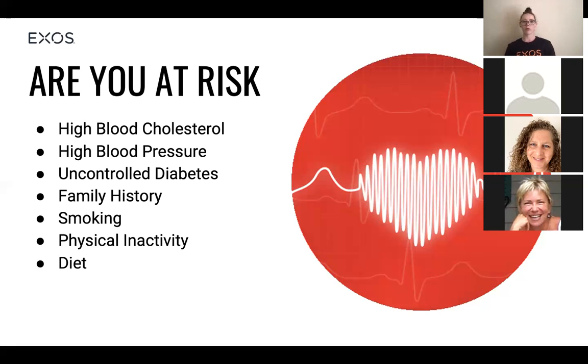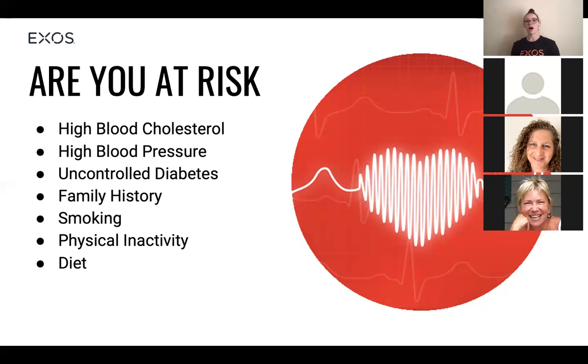A normal blood pressure is below 120 for the systolic and below 80 for the diastolic. This is all measured in millimeters of mercury, which is pressure. Stage 1 hypertension is between 130 and 139 for the first number, and between 80 and 89 for the second. Stage 2 is anything over 140 and anything over 90. Those are just some numbers to look at to see where we're at with blood pressure.